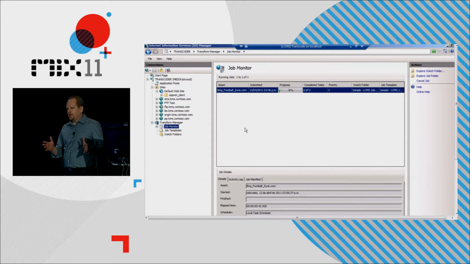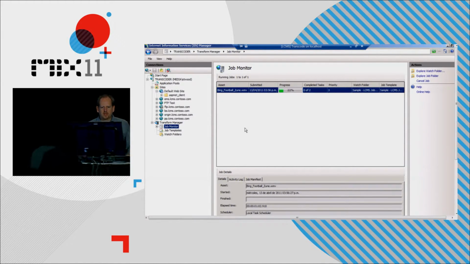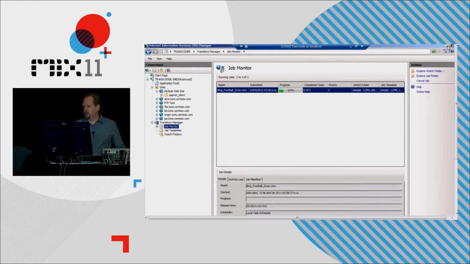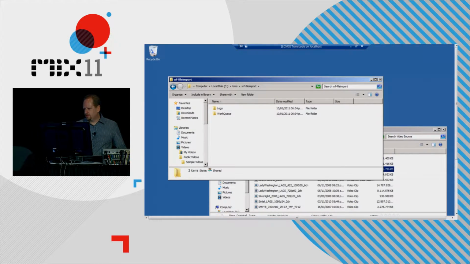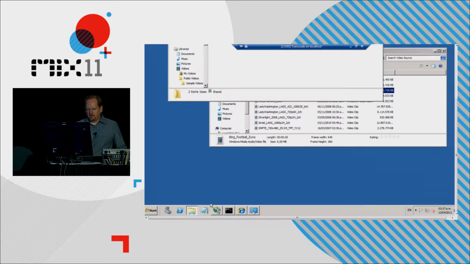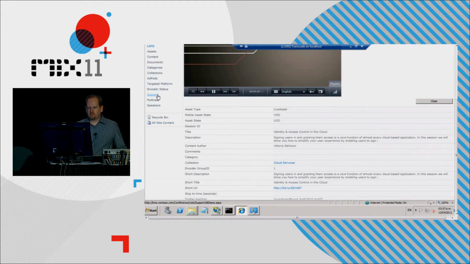Once it's encoded it, as I said, Transformation Manager allows us to set up this pipeline of tasks that we want to do. Once it's encoded, it's then going to move the asset off to an IIS Media Services origin. And once it's done that, it's going to create an XML document and import that document into Content Manager so that the asset appears as a new asset within Content Manager. So we jump back over. It's going to take a little while to run through. If we jump back over to SharePoint,